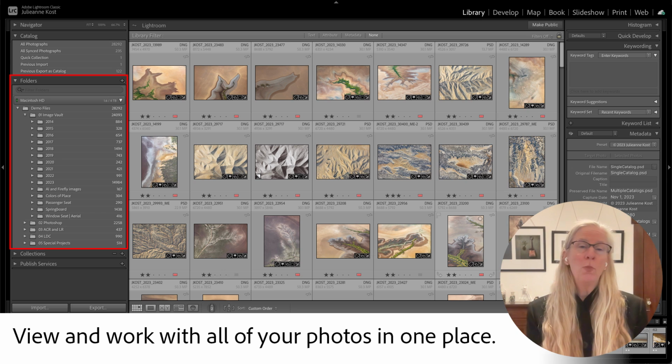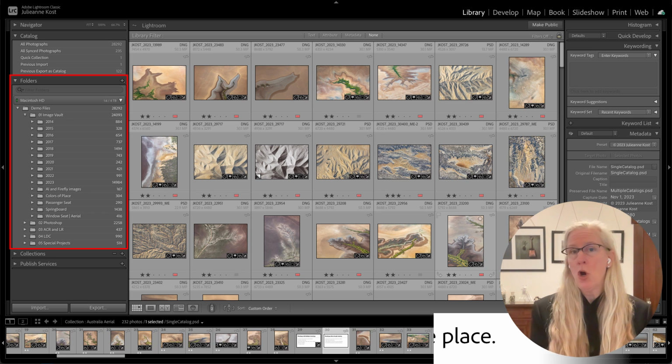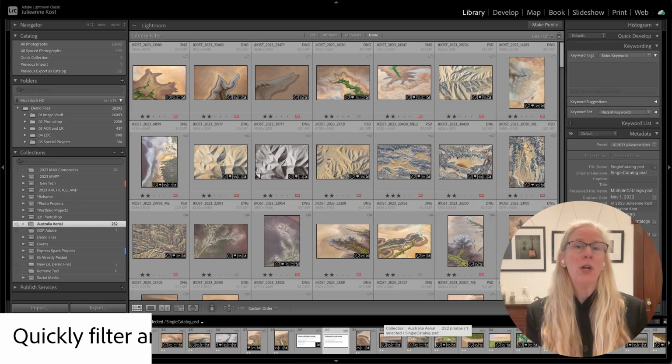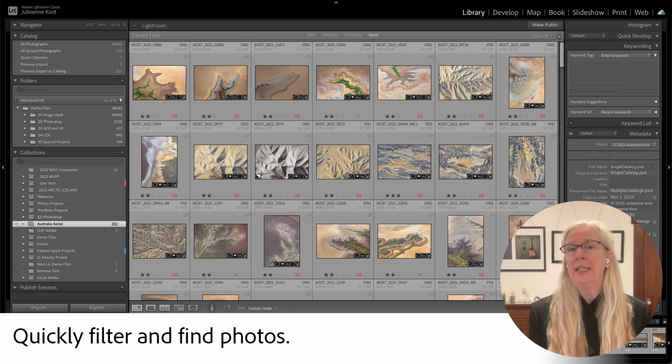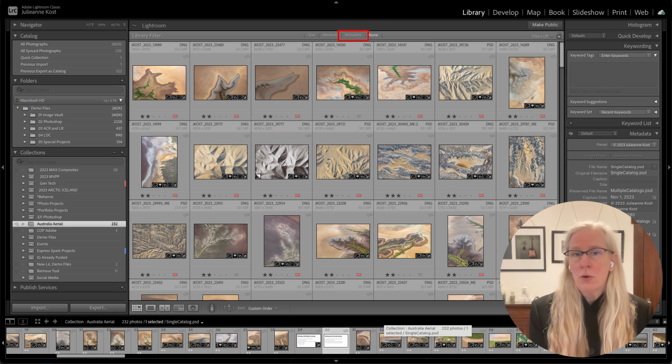Because Lightroom Classic can only open one catalog at a time, if all of our images are in a single catalog, we can then view and work with all of our photos at once without having to open and close different catalogs. So this means it's also going to be very easy for us to find our photos because they're in one catalog. And so we can just select all photos, and then we can say filter on text like Iceland, or we can filter on attributes such as stars, or we can use the metadata in order to find